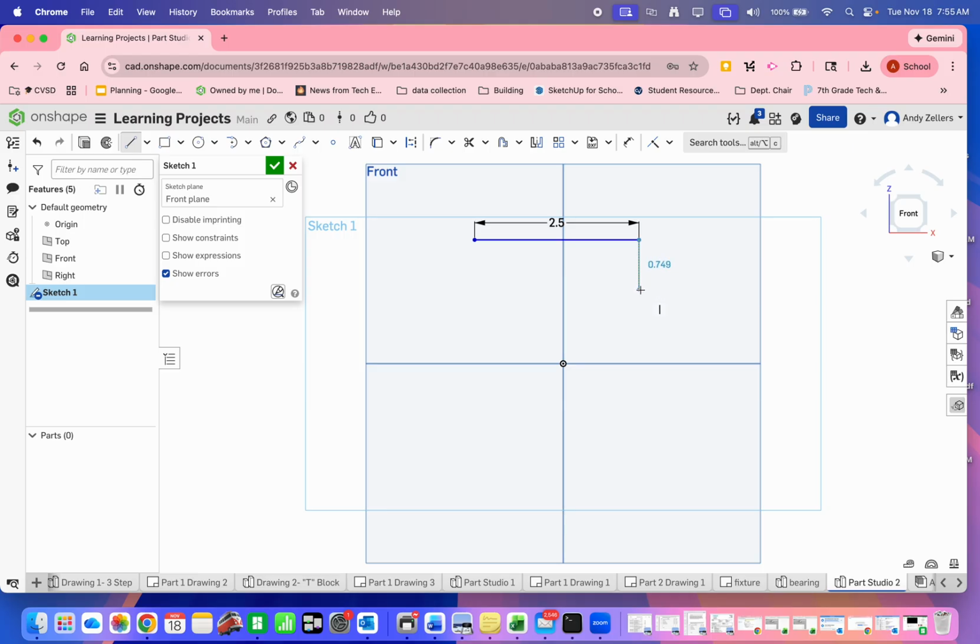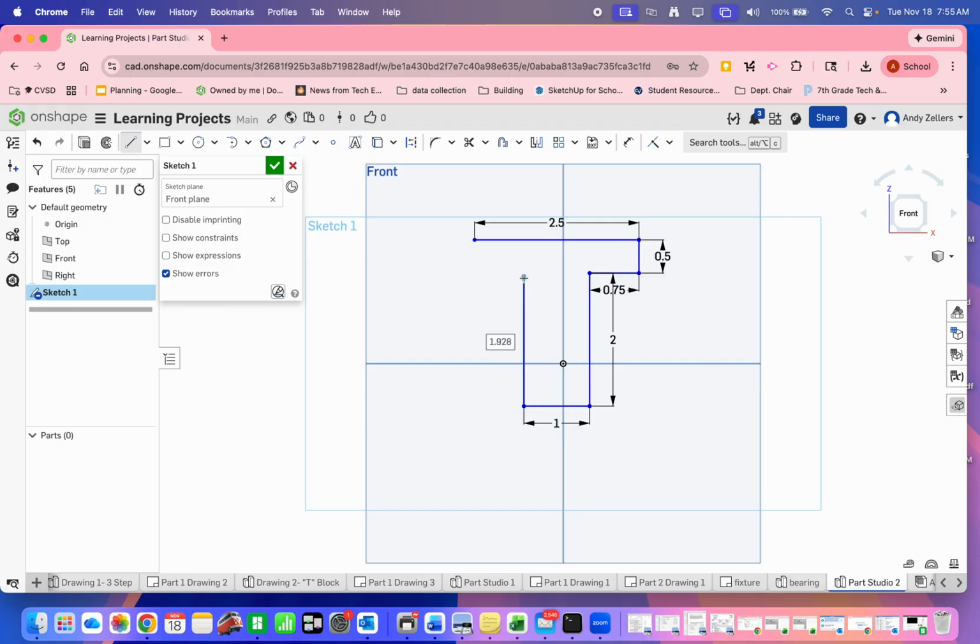So now we're going to come down, and it looks like it's a 1/2 inch, so 0.5. So I have to click and type 0.5, and then we're going to go to the left, and we need to go to the left 0.75, so click and then type 0.75. And now I need to go straight down, oh, there's that arc again, there we go, straight down 2 inches, so 2. I'm going to go over 1,